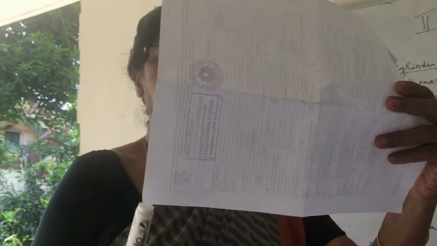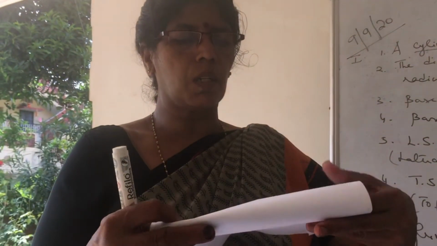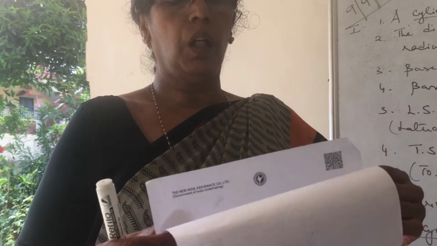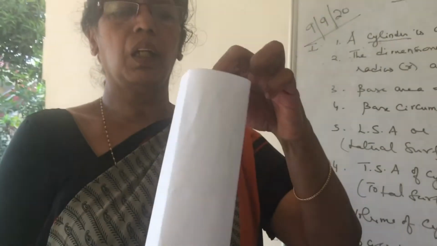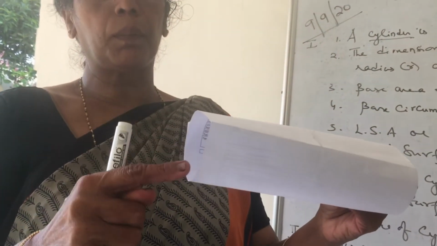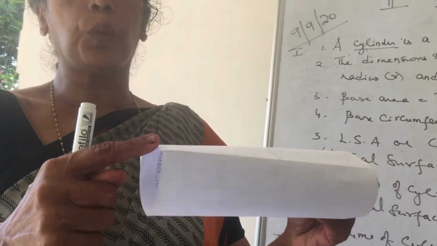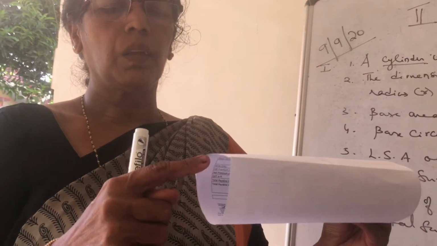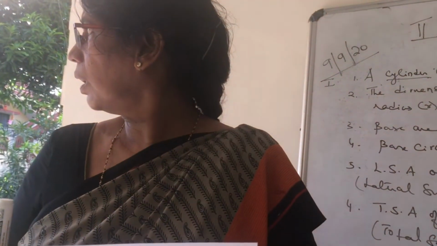Length, breadth. When this paper is rolled along the length, what does it turn into? A cylinder. The length of the paper became what, children? It is turned into a circle. The length becomes what, children? The base.